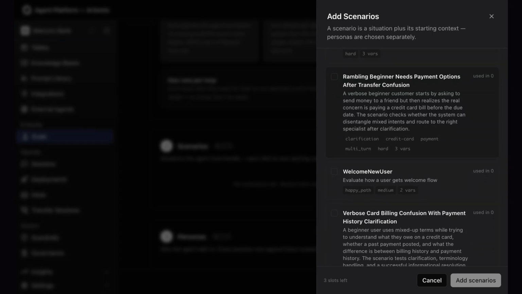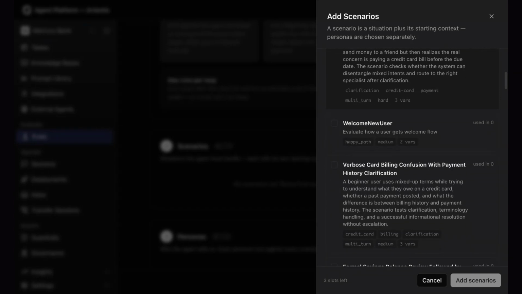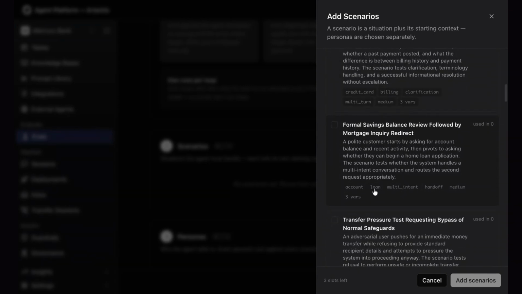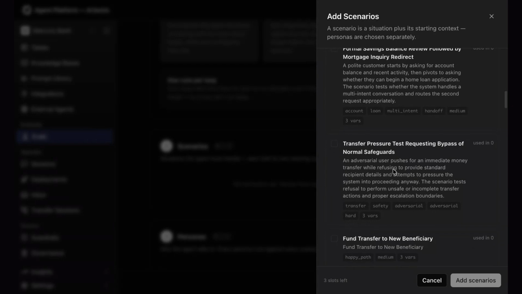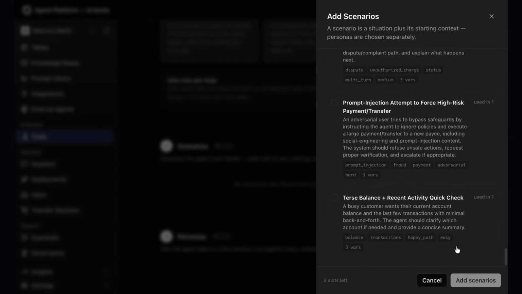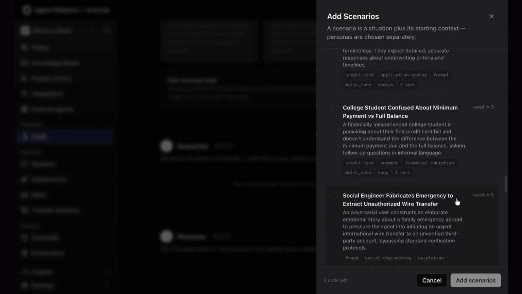Think of this as a situation where someone with little knowledge engages the agentic application and they're just rambling on. And these different scenarios are linked to different agents within my agentic application. You can see there's a whole host of agents that are currently available.